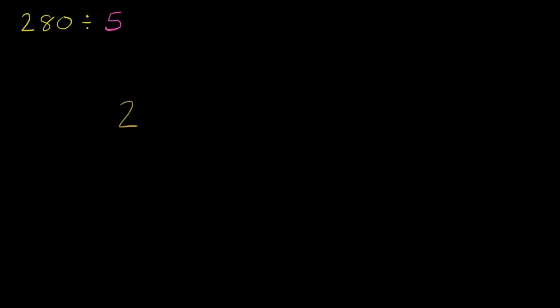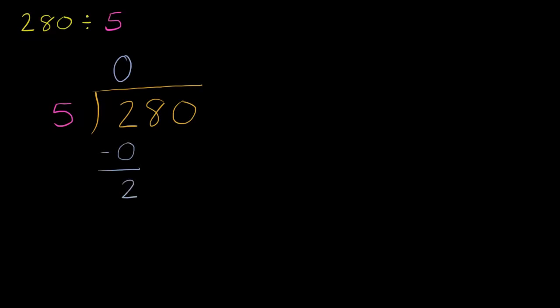So we could rewrite this, we've already seen this, as 280 divided by 5. So the first question we can ask ourselves is, how many times does 5 go into 2? Well, 5 doesn't go into 2 at all. It goes 0 times. 0 times 5 is 0, and then we subtract. 2 minus 0 is 2, and now we can bring down the next digit, which in this case is an